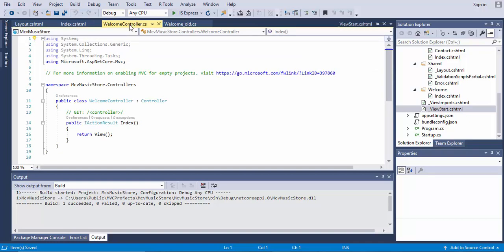A controller class is where you write code that handles incoming browser requests, and then the controller retrieves the data from data sources and decides what type of response it needs to send back to the browser. View templates can be used from a controller to generate and format an HTML response to the browser. Controllers are responsible for providing the data that's required in order for a view template to be able to render